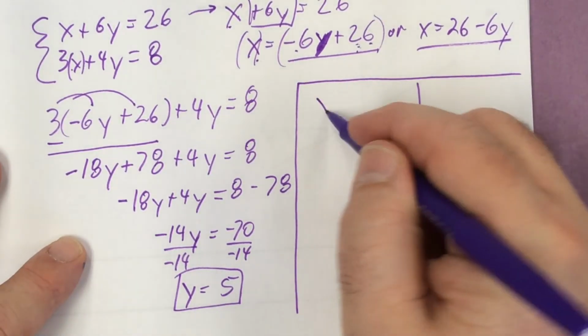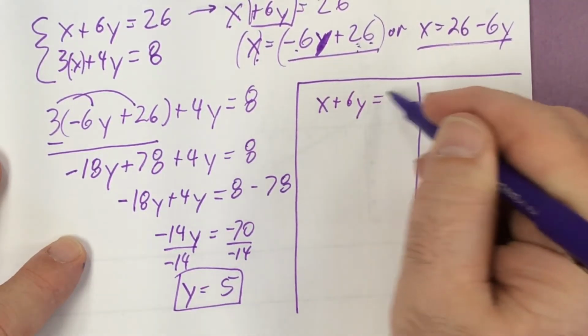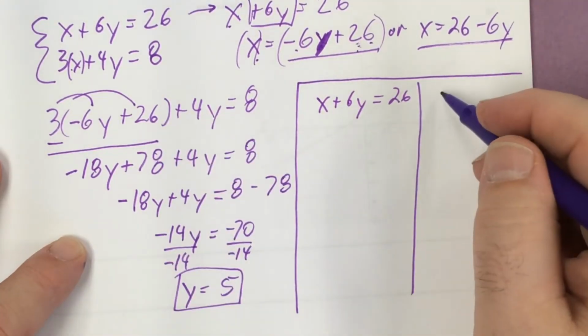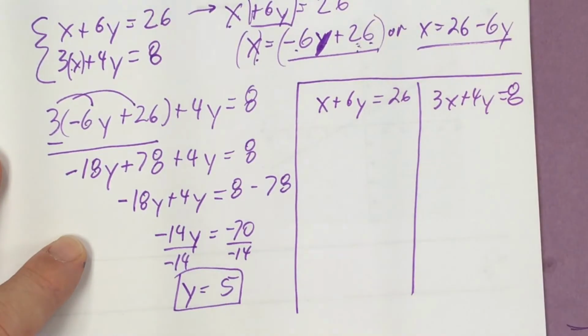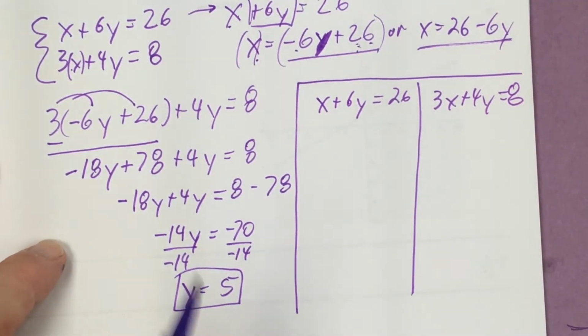So my first equation is going to be x plus 6y equals 26, and the second one is going to be 3x plus 4y is equal to 8. So if you look at other videos, what they're going to do is have you check your solution